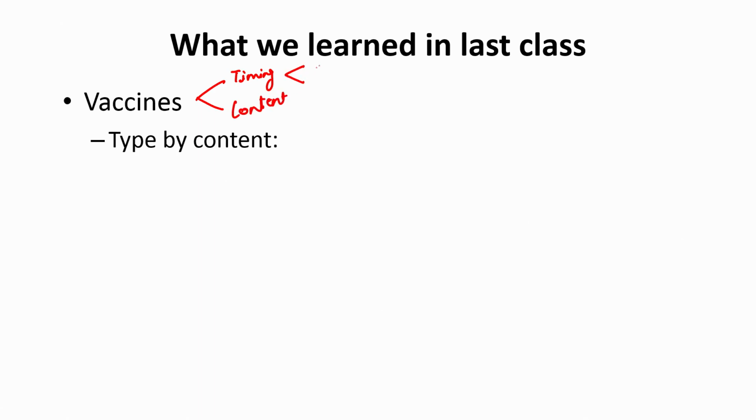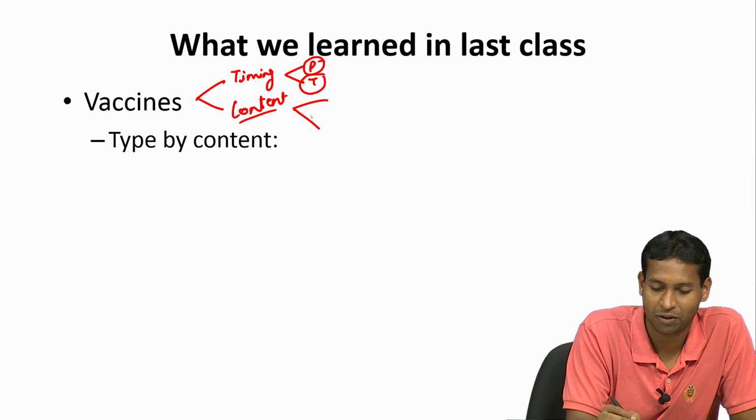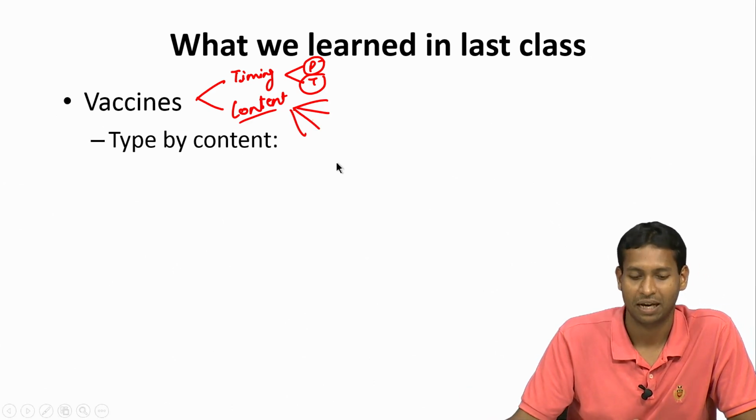So, in timing we had said that there are prophylactic and therapeutic vaccines depending on when they are given. If they are given before the disease, that is prophylactic vaccine. If they are given after the disease, that is therapeutic vaccine. Then in the last class we talked about content, and from content we divided them into 4 different classes, and